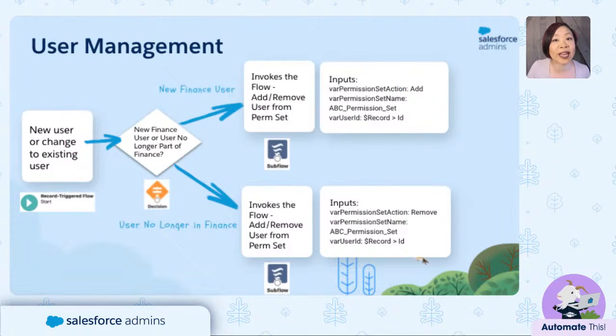All right, so to recap what we just created, let's go back to our documented process. When a new finance user is added, or a user has left finance, we want a permission set to either be assigned or removed. The action to be taken with the permission set is done by invoking the auto launch flow that we just created. In the case of a new finance user, a permission set is assigned. If the user is no longer a finance user, a permission set will be removed. And there are 3 inputs that we're passing into this auto launch flow: the user, the API name of the permission set, and the action, whether add or remove, that we want done with that permission set.